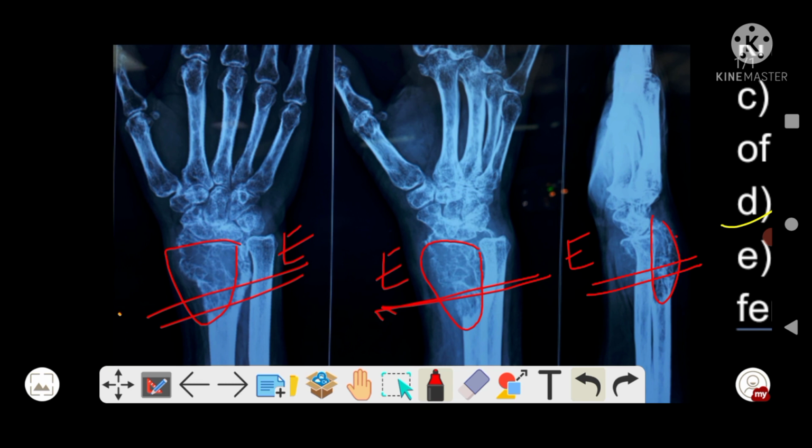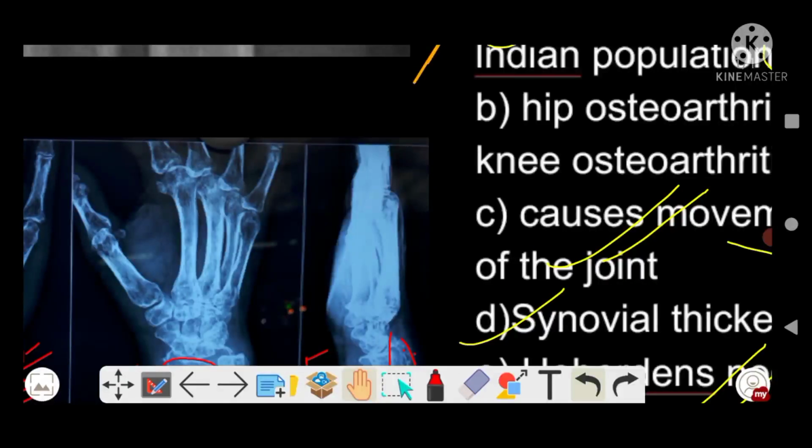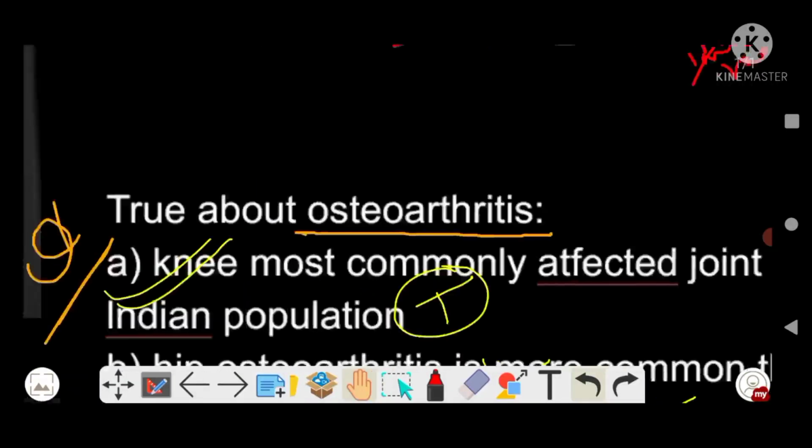So the location is usually epiphysis, and here the tumor is at your radius. So I can say it is at your wrist joint. So this was what they are talking about. The tumor is slightly loculated, with soap bubble appearance, eccentric location, located in the epiphysis. Age group 20 to 40 years. So all this suggests that this is a GCT, and they asked about GCT management. Now we will go back to the question